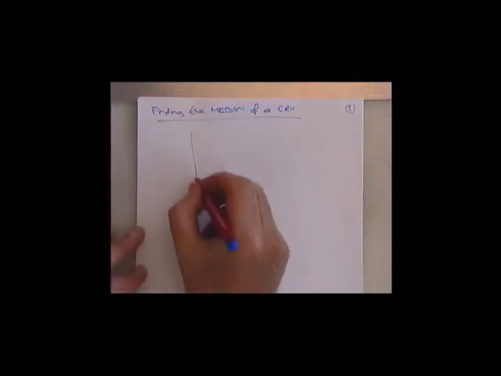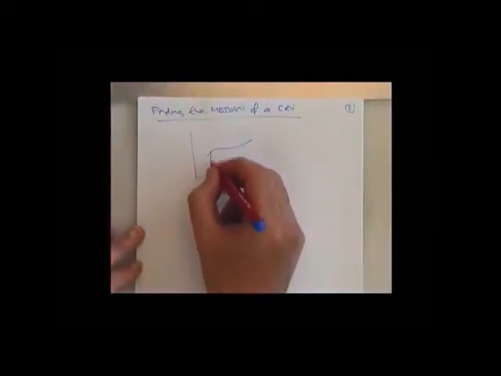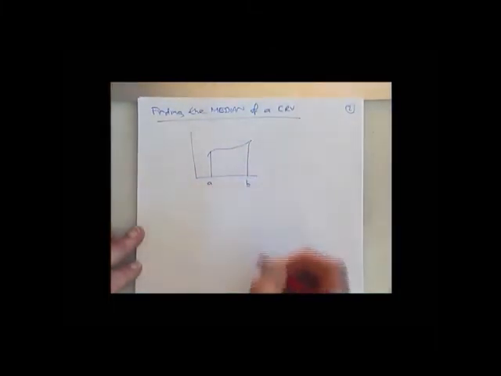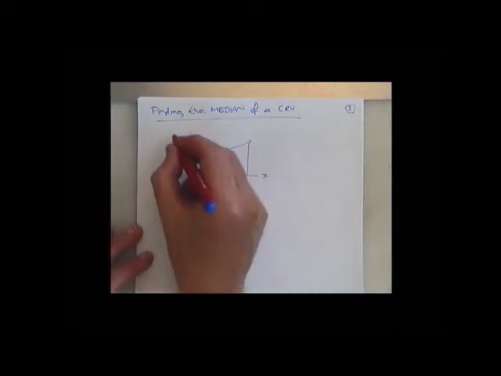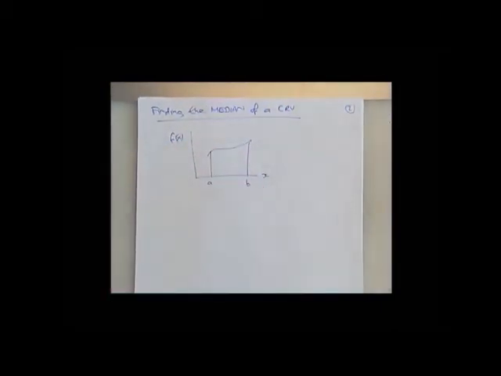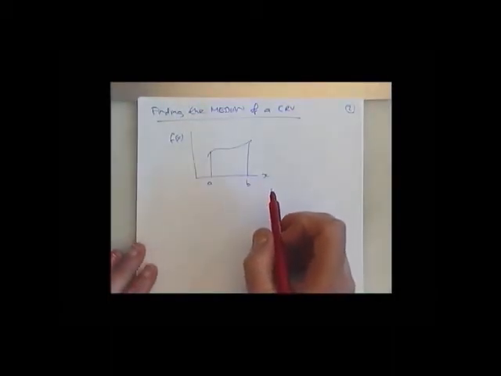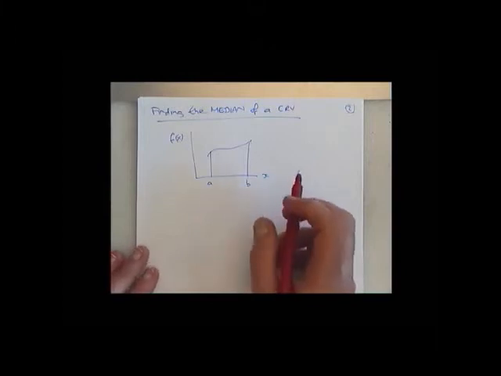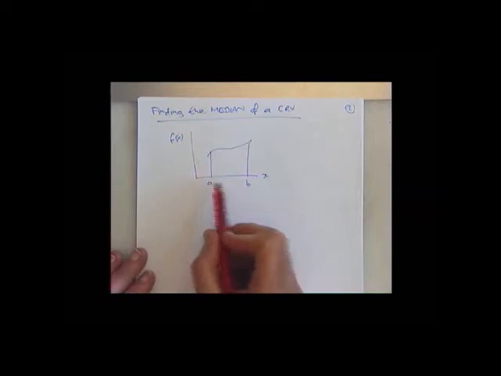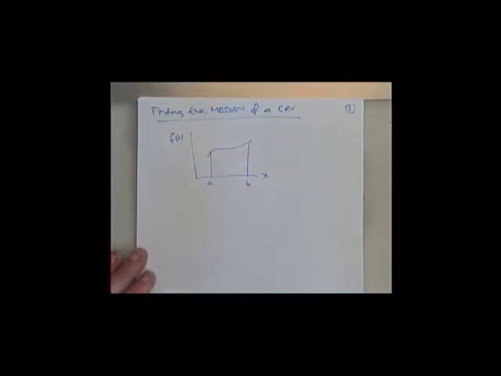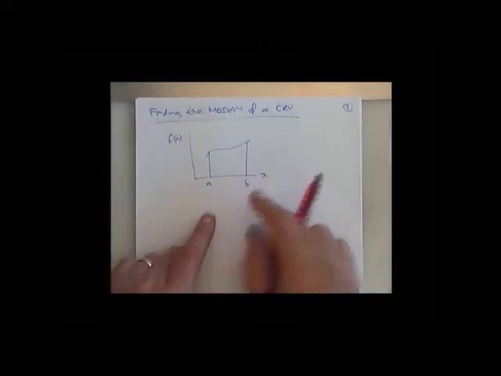So if we think a minute, we have some function, say it's limited to be between A and B, and we have epsilon here and fx up there. We said the median is the middle value. Can anybody think how we could apply that to this scenario? Ben? The centre of the range. Not necessarily the centre of the range. You've got to bear something else in mind. It's not just halfway between those two. You've got to bear in mind